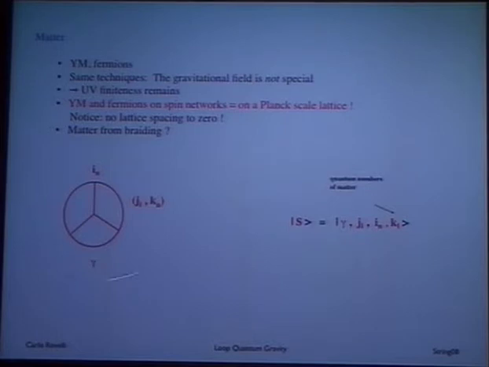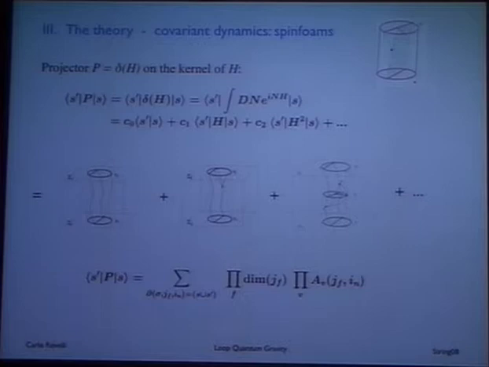This can be done with matter also. Nothing really changes substantially with matter. The gravitational field is not special here. It's the diffeomorphism invariance that makes the theory special. So what is special is the theory when the gravitational field is not a fixed background, but is a dynamical object. If you have a Yang-Mills field, you simply have the same abstract graphs with extra quantum numbers, which represent sort of the Faraday lines of the Yang-Mills field.